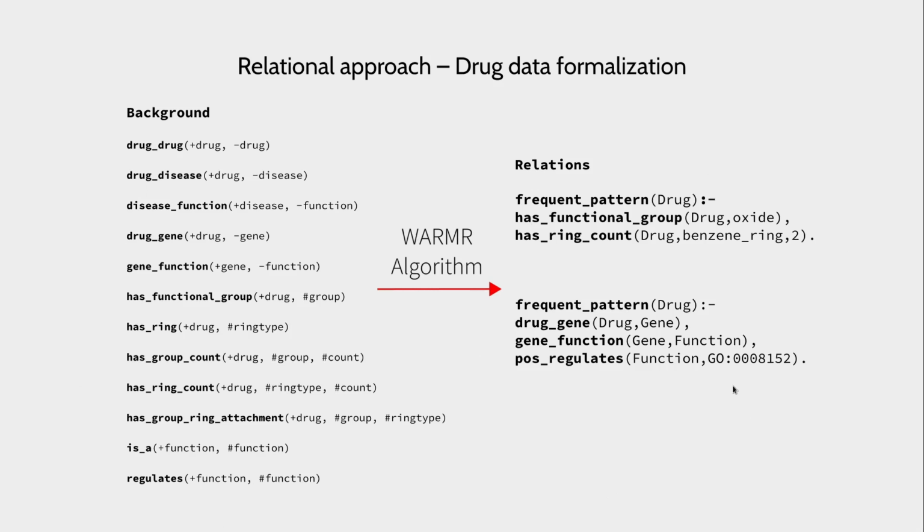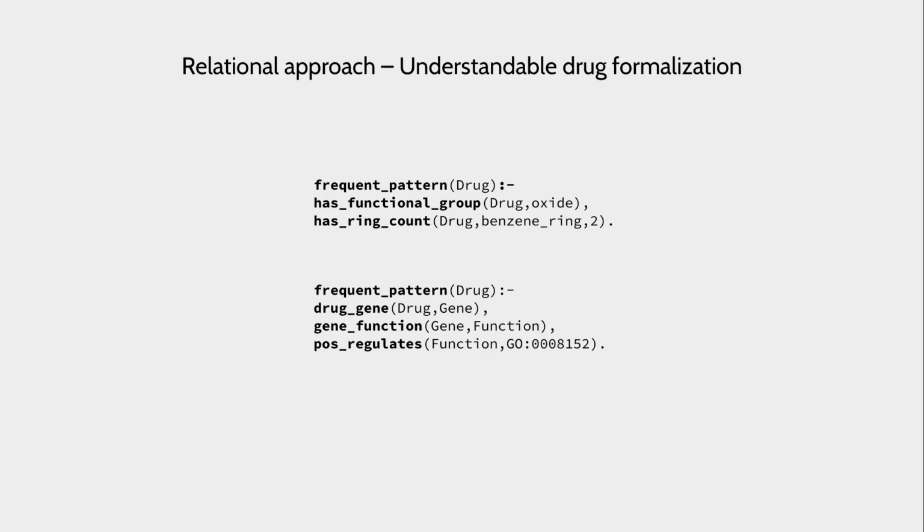So instead of having binary input vectors in the traditional sense from Morgan fingerprints, we have these relations. And it is worth noting that these relations are, quite frankly, a lot easier to understand than what you get from your Morgan fingerprint. So for example, this rule here, which is one of the rules that we learned and is actually in the paper,